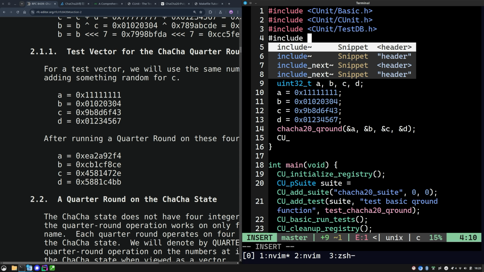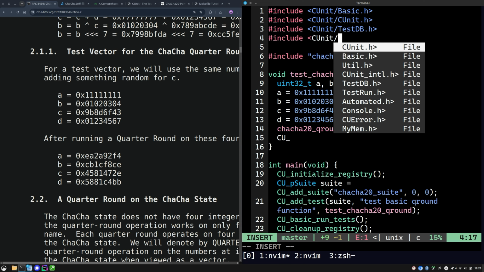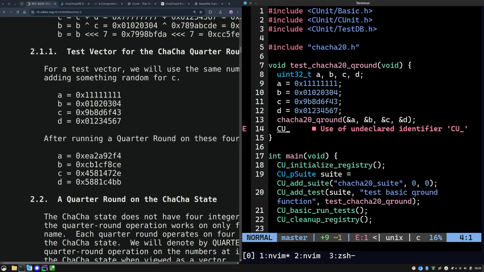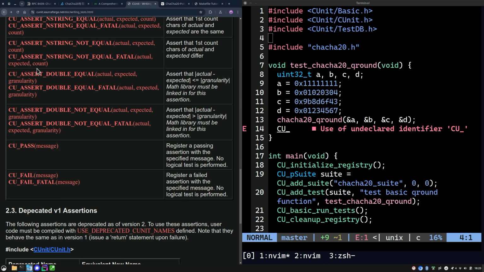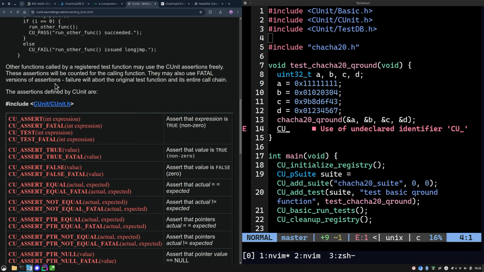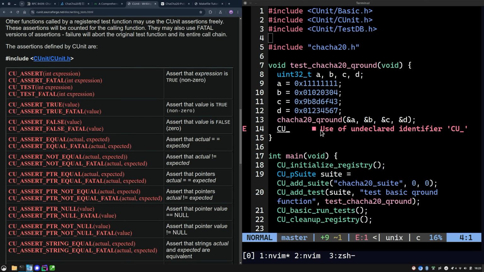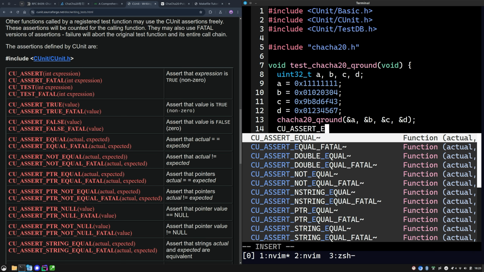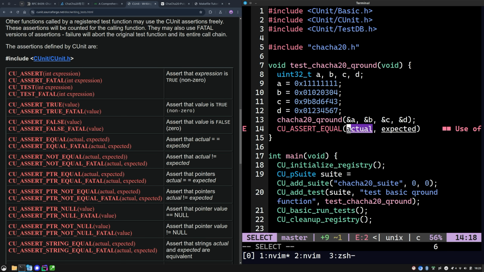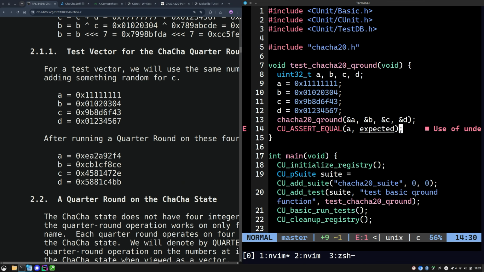Include CUnit assert. Okay, how do we assert things in CUnit again? CU_ASSERT_EQUAL, where is it defined? Assert equal, we assert that a equals